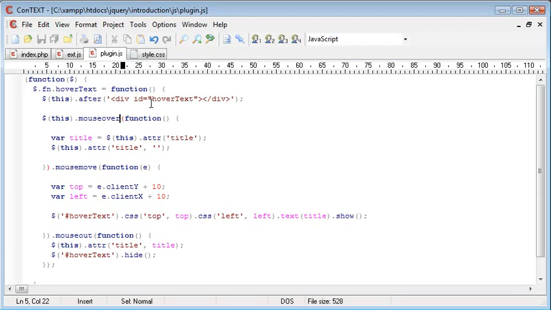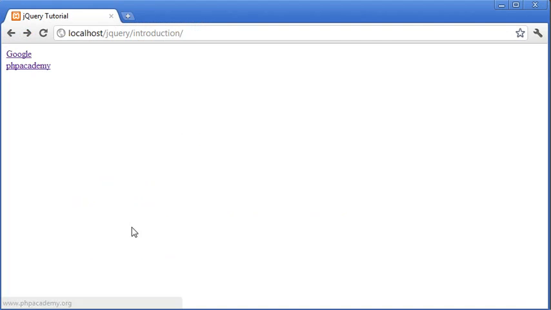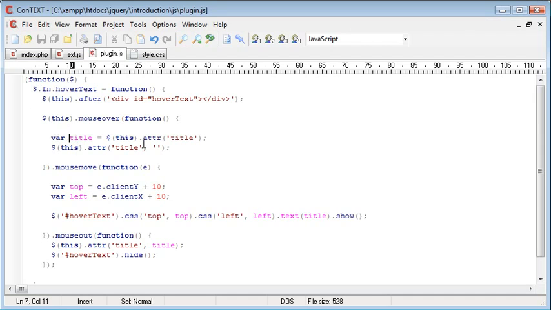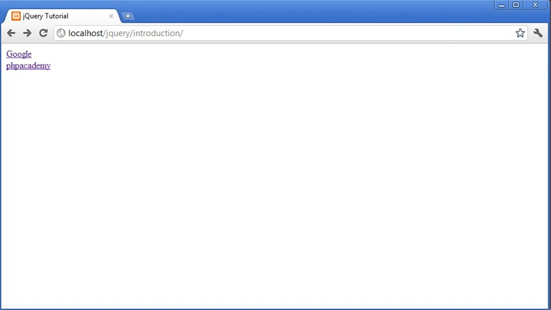Focus in would be for something like a text field or a text area, anything that we focus in on either by clicking or tabbing to. Mouse over is obviously where we're using our mouse and going over an element. The other thing that I didn't do is I set, well, we'll see with just changing mouse over, we don't